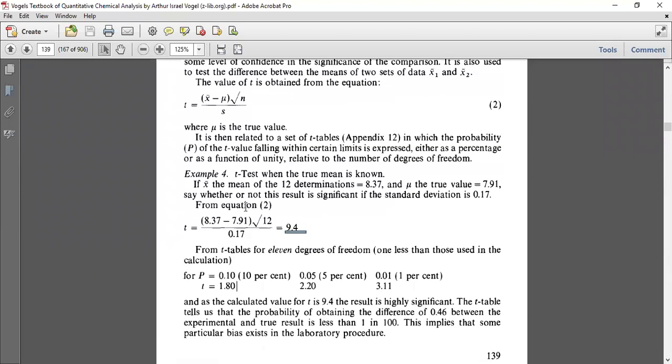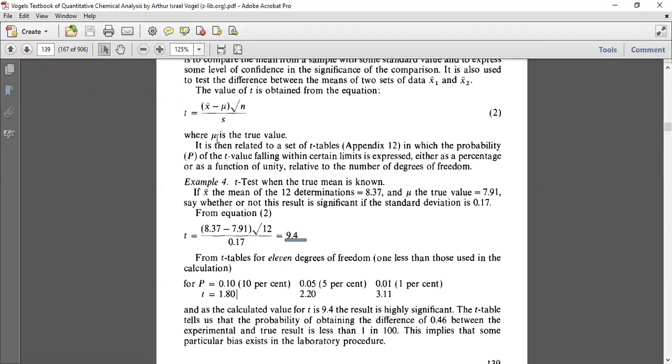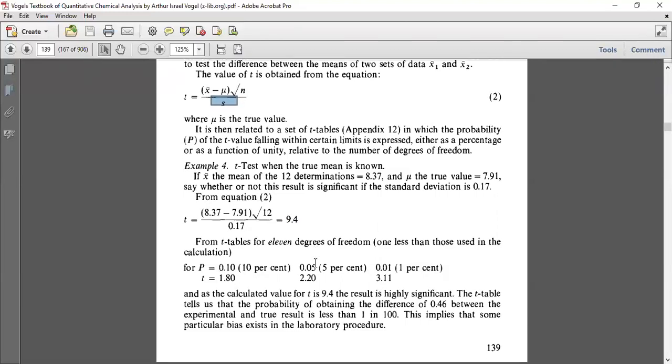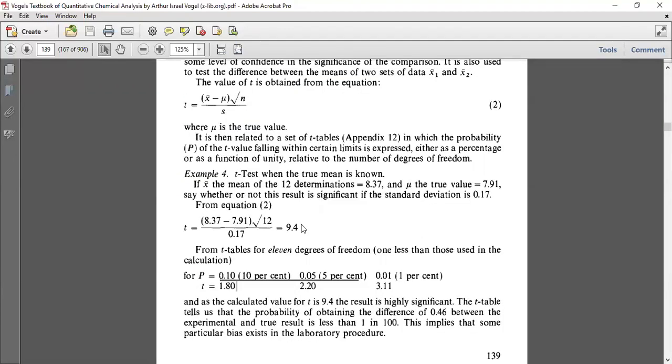So this is about the t table, or maybe the Student's t-test. So clear, everybody? You have to remember the formula. You should know the formula. Another thing is you have to compare: on what basis you will compare this result with the standard t table value or the t value, and write down the interpretation. Here the difference is far, 9.4 is too much difference.